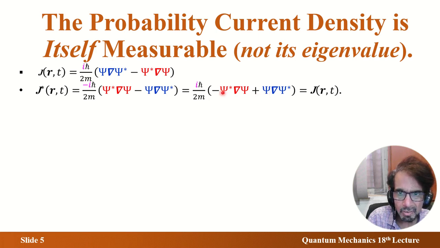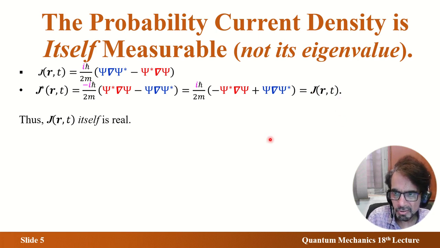This is here and that is here. So that means this is J as before. So that means J itself is real. You know, the significance of that result is that, as I have already said, if you want